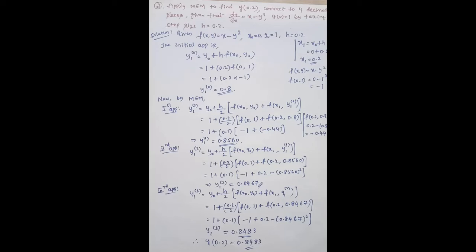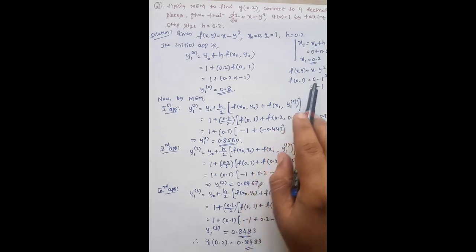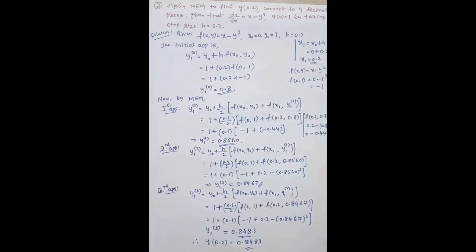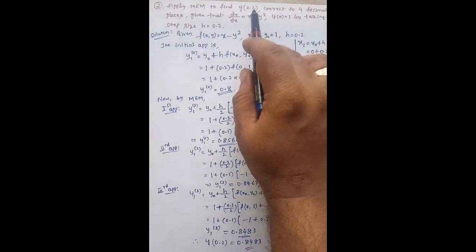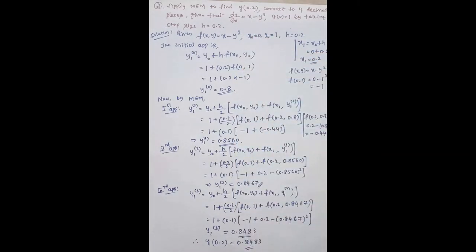And remember, the first problem and this one are almost the same, only the equations and the data are different. Both the problems are related to a single stage. That means x1 is equal to x. x1 is equal to x means it is a problem related to only one stage. So this is how we can solve. If x1 is not equal to x, you have to go for two stages. That I am going to discuss in the next problem, problem 3.